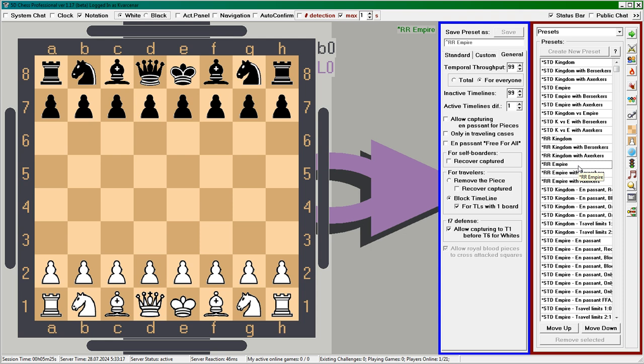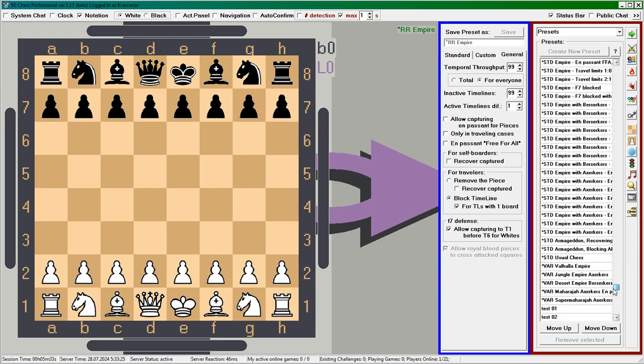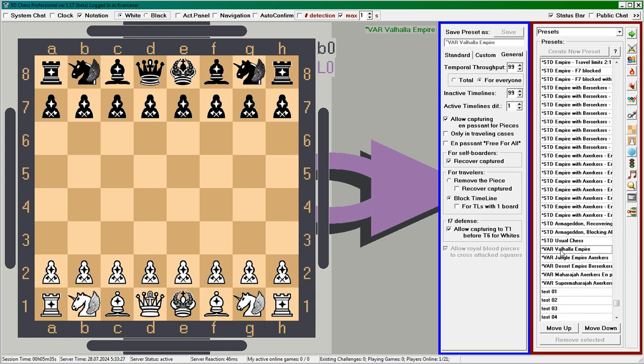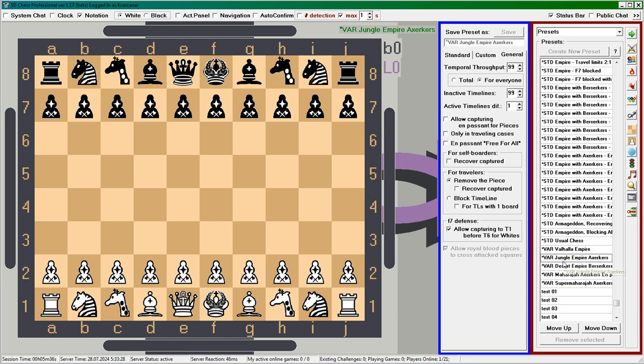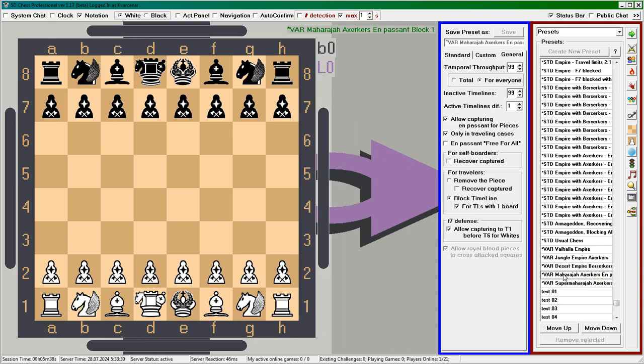And instead of the Queen and Tsarina, the Regent and Esquire will take care of them, positioned in the places of the King and Caesar, respectively. In variants presets, anything can be included, except for the above mentioned, from fairy pieces to arbitrary starting positions on boards of arbitrary sizes. We will talk about creating custom presets in a separate video.